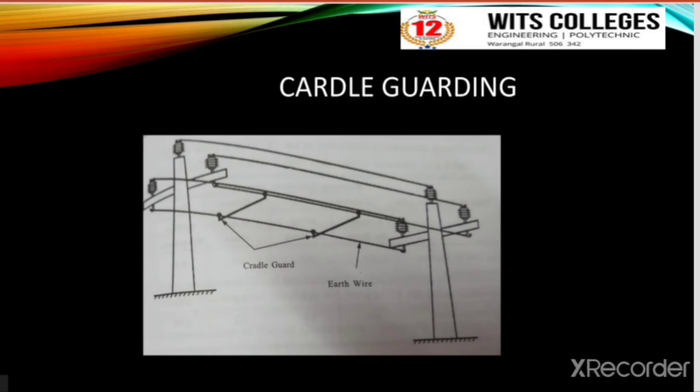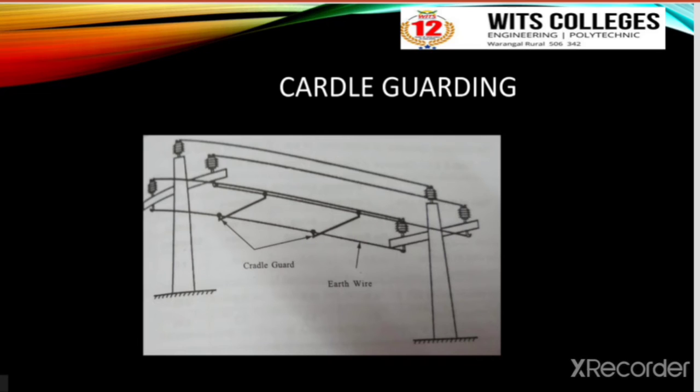These are the two electricity rules which give information about the guarding of lines. Every guard wire should have sufficient current carrying capacity to ensure the operation of the circuit at dead ends without risk of fusing the guard wire. There are various other rules related to the guarding wire; Electricity Rule 88 also explains the guarding of the OH lines. The guarding system is classified into two types: cradle guarding and cage guarding.